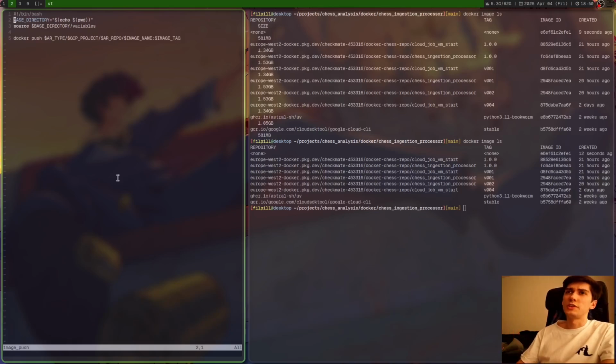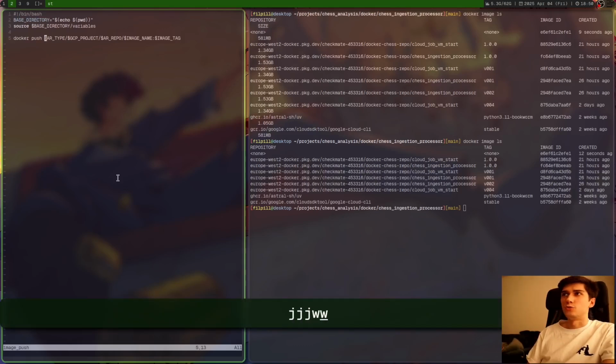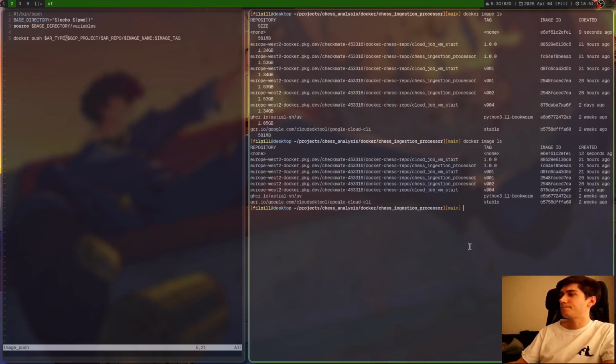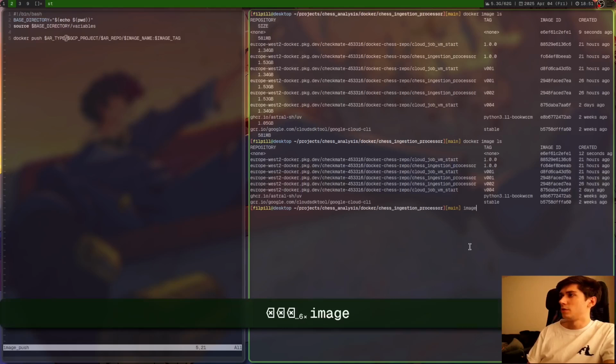You're sourcing all those variables from that directory you're in, and you're recreating the same image name structure, and you just Docker push it. You push it into artifact registry. So I'll show you what it looks like here. Image push,